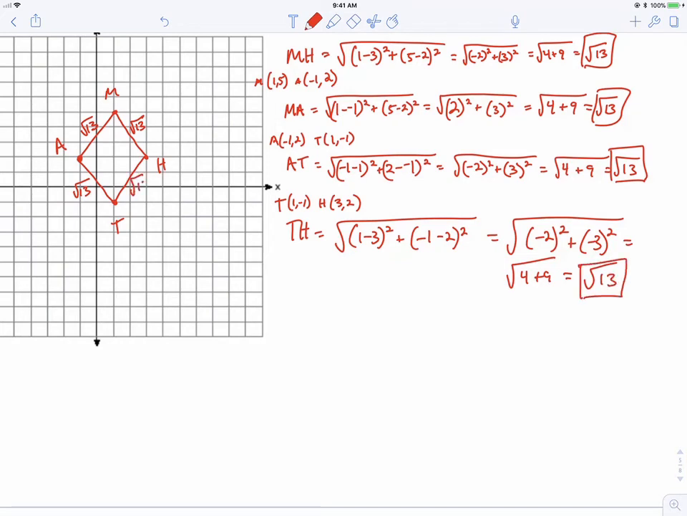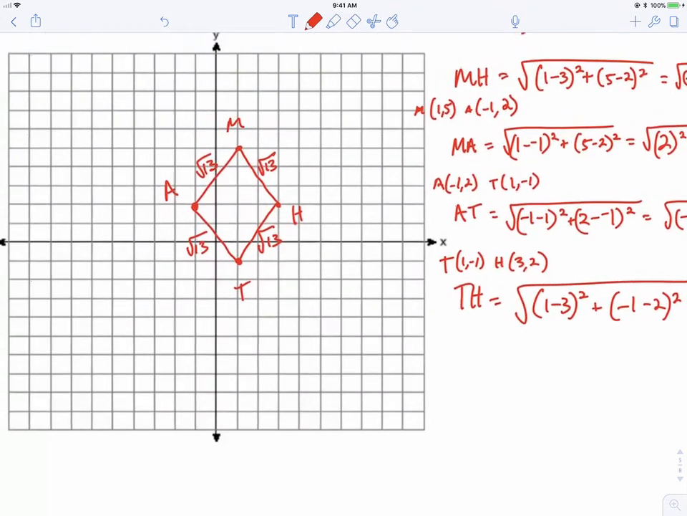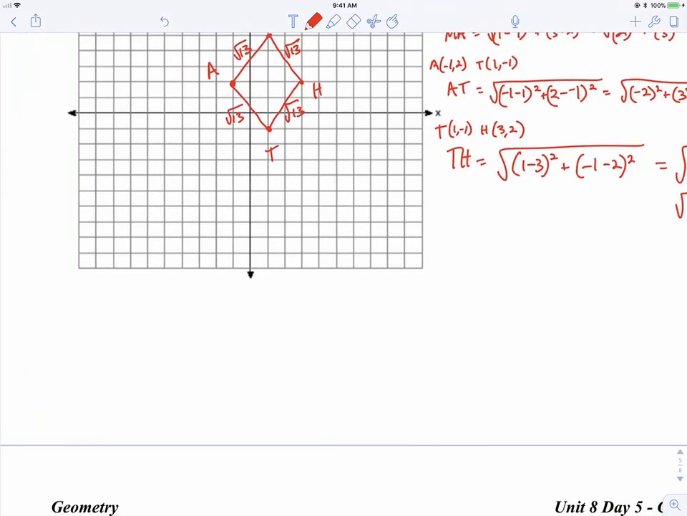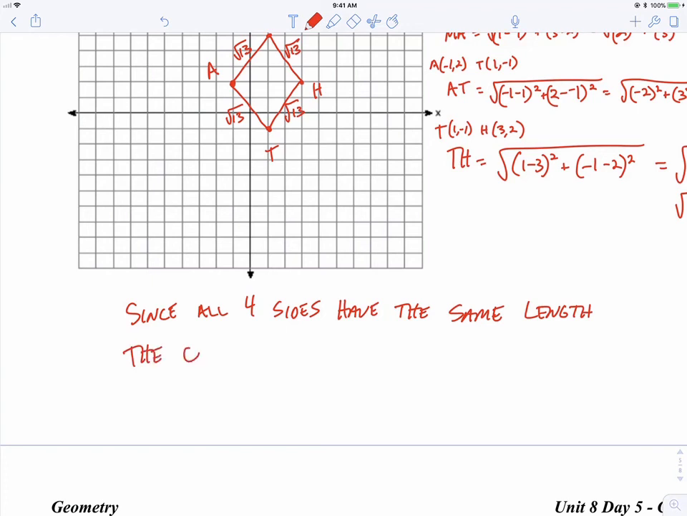So you can see that it's a rhombus. It fits the definition. All four sides are congruent. Of course, you have to write something about that. So we have to say since all four sides have the same length, the quadrilateral